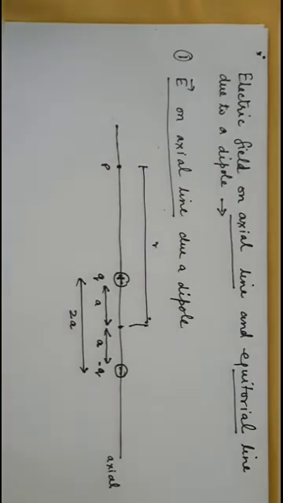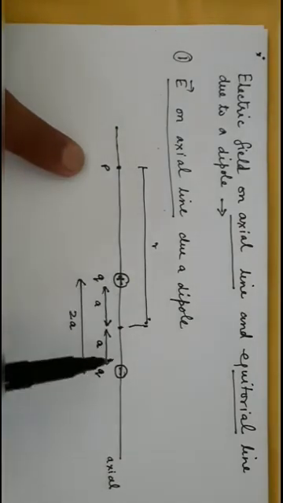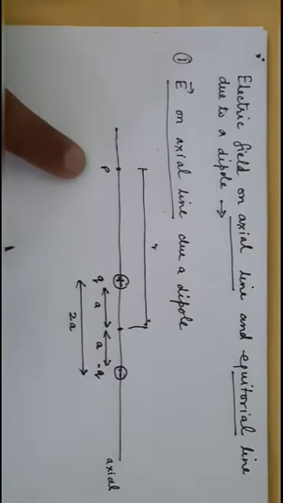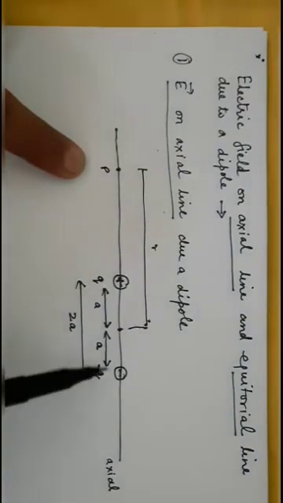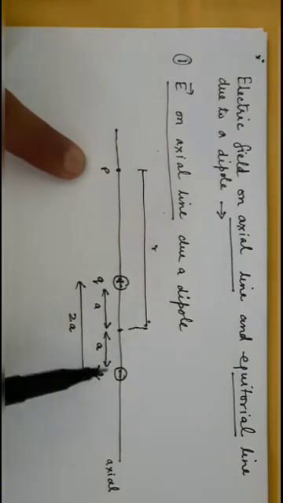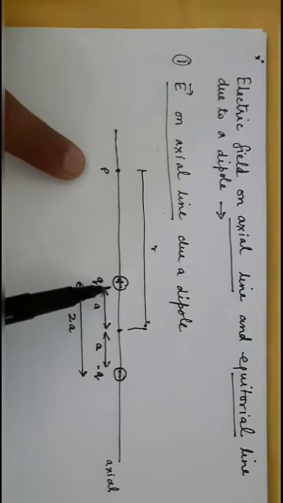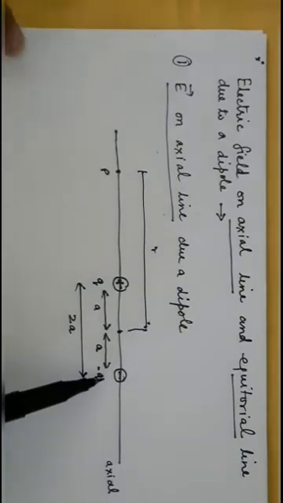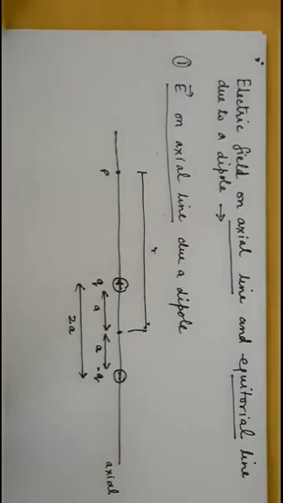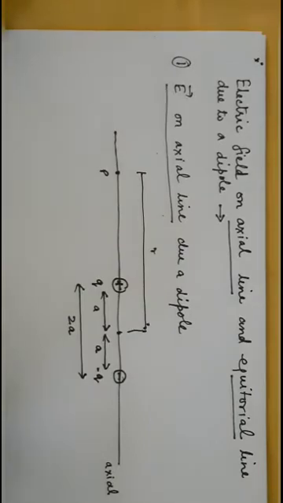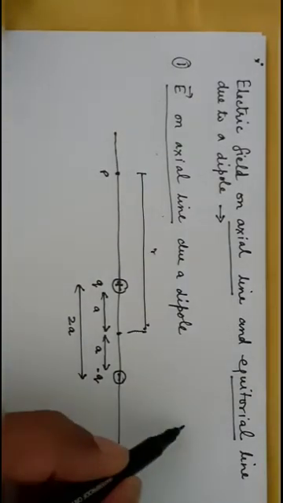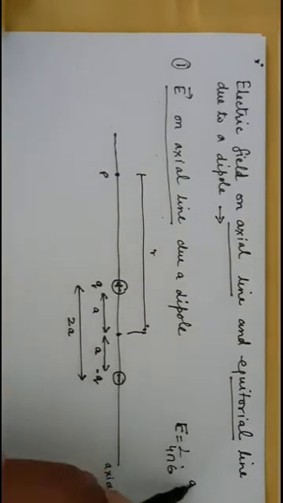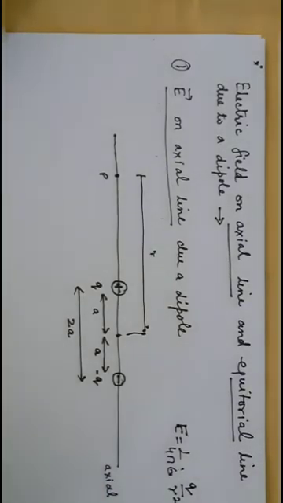The electric field at point P because of this dipole is the vector sum of the electric field produced by the positive charge and negative charge. So first we will calculate the electric field due to positive charge and then negative charge, and then add or subtract by considering their direction. Now let us first calculate the electric field due to positive charge. We know that electric field due to a point charge is given by 1 upon 4 pi epsilon naught, magnitude of charge upon r square.